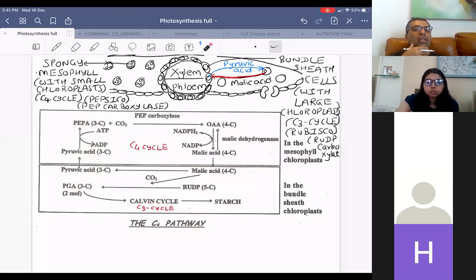Rishikesh, during the C4 pathway, shouldn't the ATP utilized be 36 because 18 are used for the C3 cycle, 12 for transfer, and 6 for phosphorylation? I just said it, beta. Yeah. Malic acid has given away those.